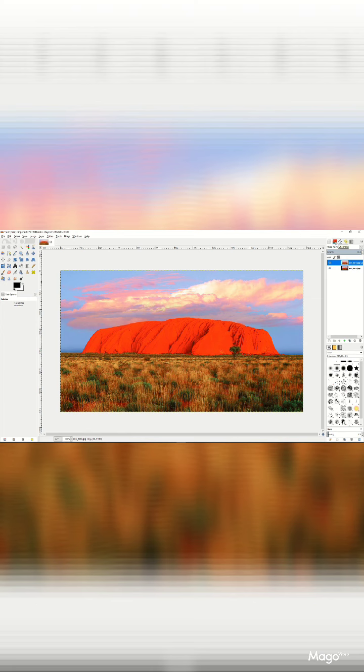And then we want to go over to channels, and you can see what we're going to do here is select our red channel from the rest of our channels here. We want to select all on our image. I'm going to drag the red channel down to the copy down here,